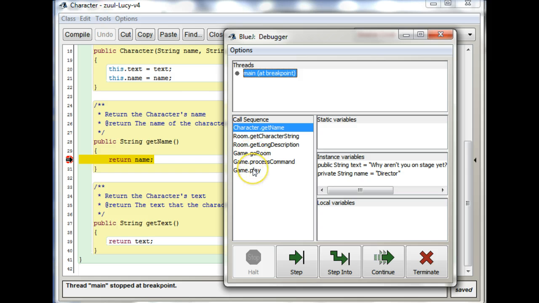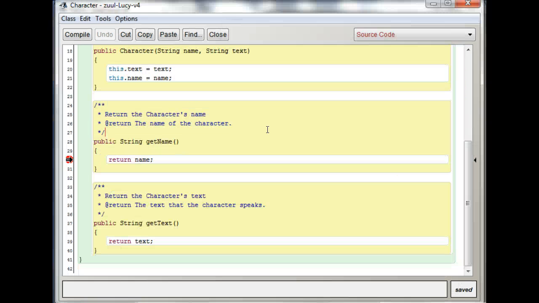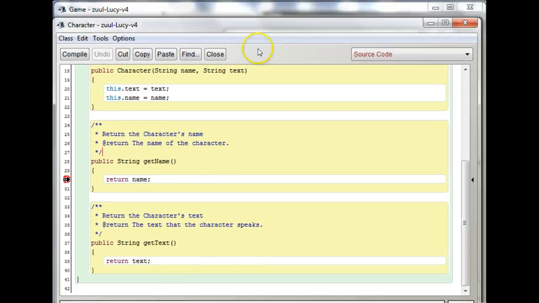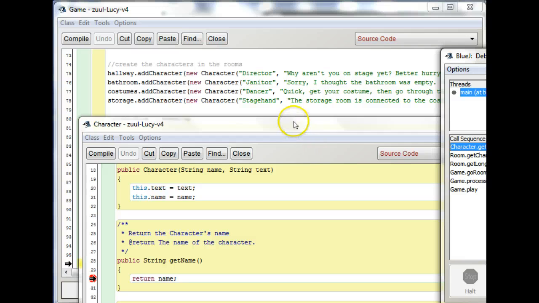So we started out here at this call to play, right? And you can see here it shows you the instance variables that you had set up and everything. But maybe the best way is to go backwards and look at it that way. So if we back up to get name, what did I do with my headers? If we back up to